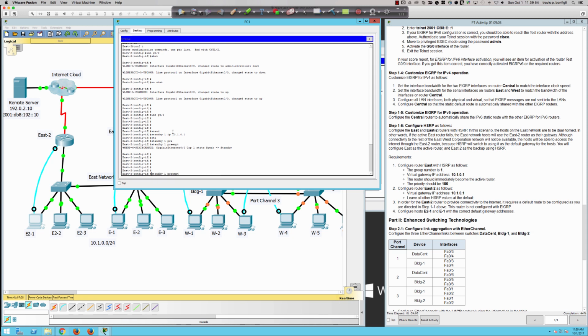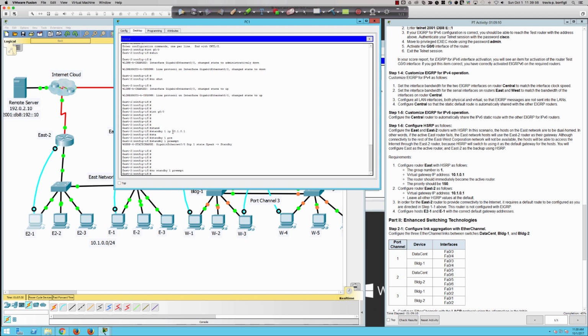The default priority is 100. We would have to have the preempt command in there for this to work, and in fact it appears it's taking points away